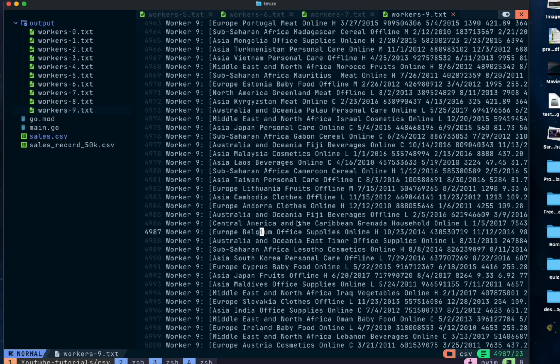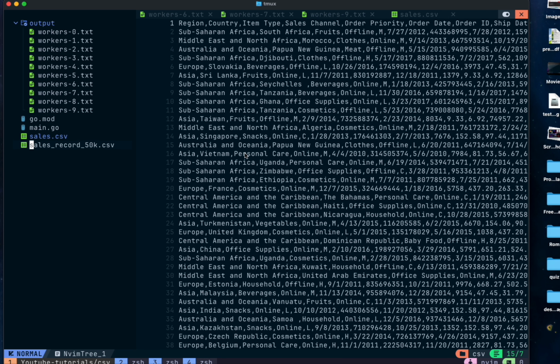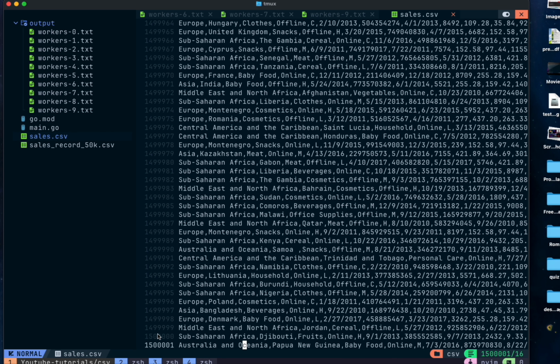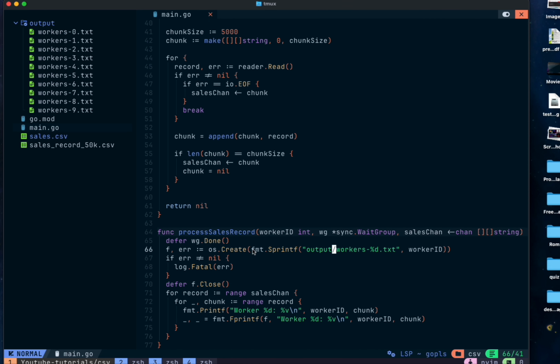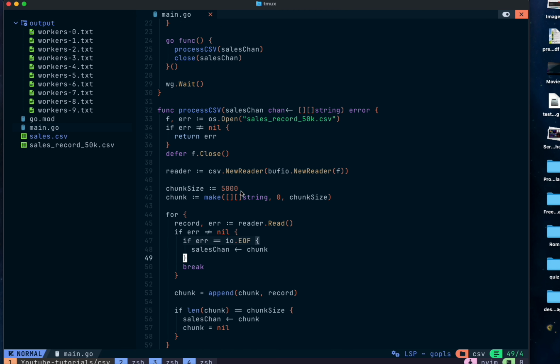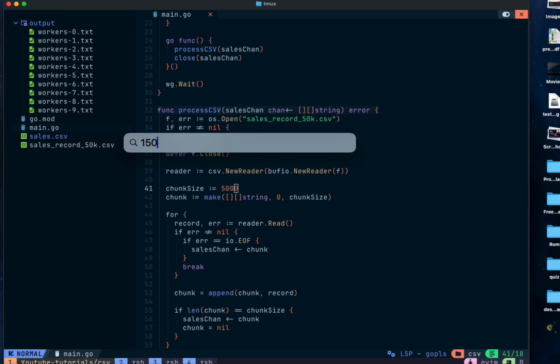The next thing we are going to be doing now is testing with the other CSV, which is a million records. I think it will take a long time for it to load. Okay, yeah. So as you can see, 1.5 million rows. So let's use the same strategy. All we need to do is edit a few things. So 1.5 million